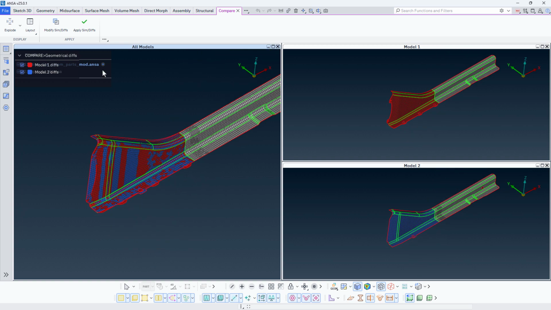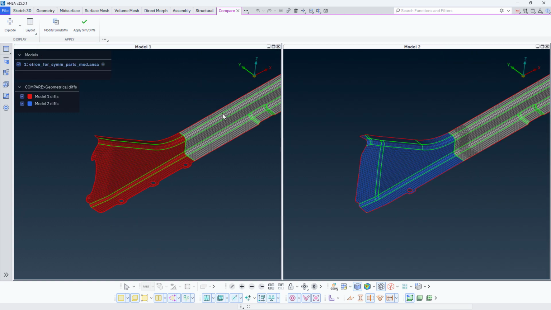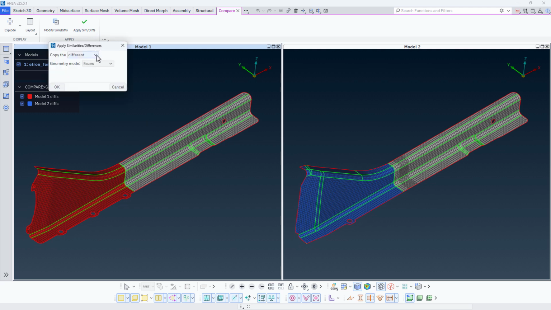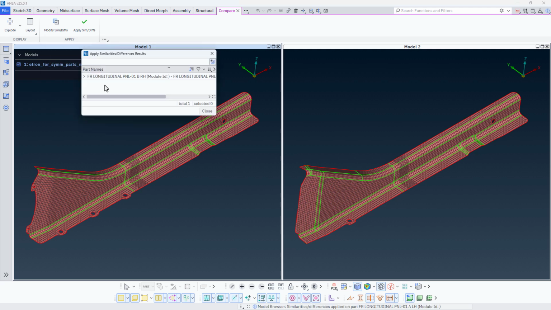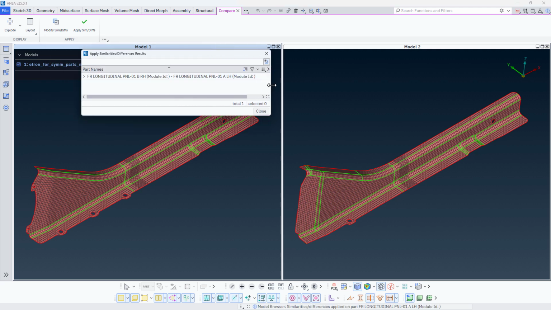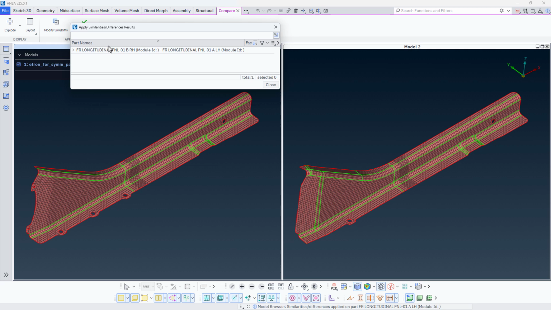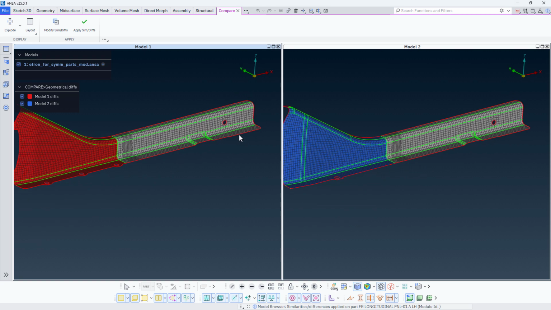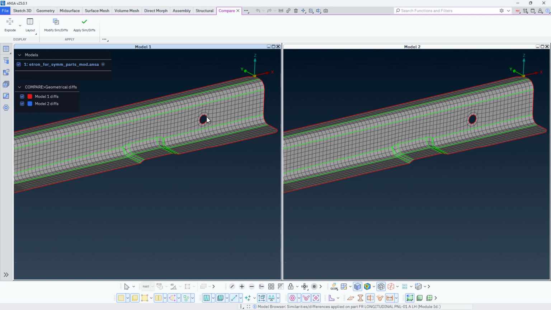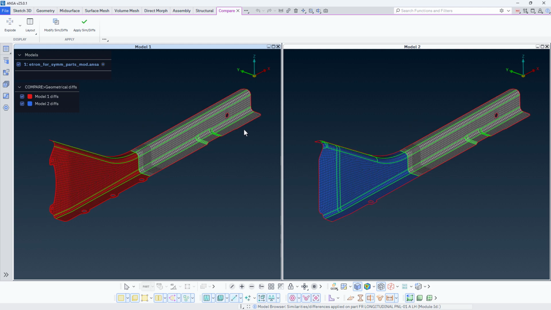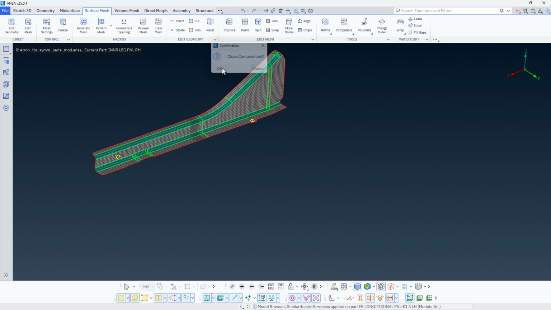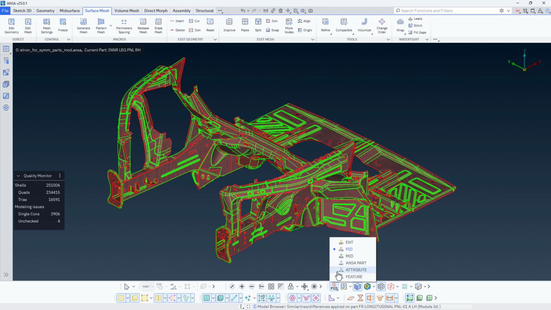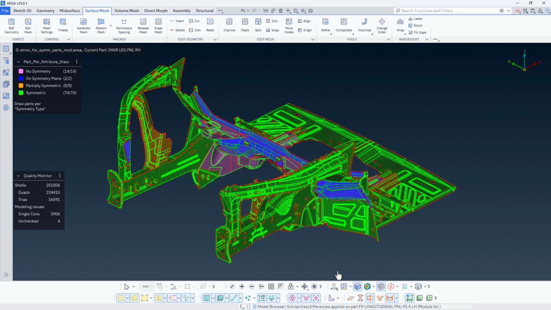As the modifications exist only in the right leg, click the Apply Similarities/Differences button and choose to copy the similar faces in order to pass the modifications to the left leg. A report window opens which shows the areas that have been changed. Both sides now have an area with refined mesh and a washer around the back hole. Alternatively, you have the option to copy the different faces in case of a wrong or not updated design.